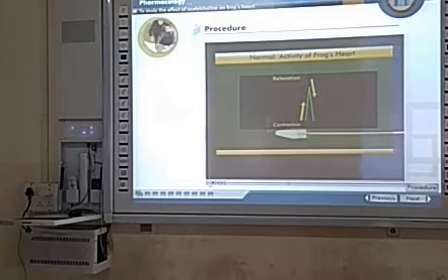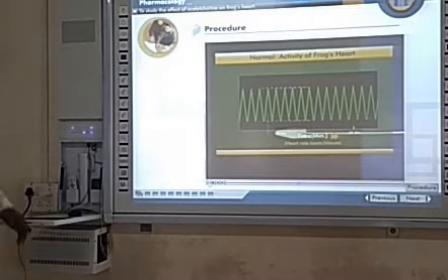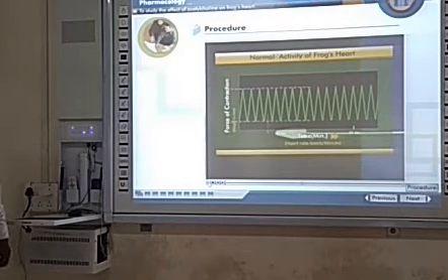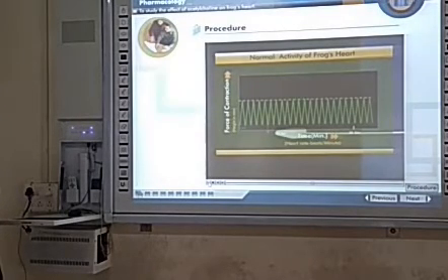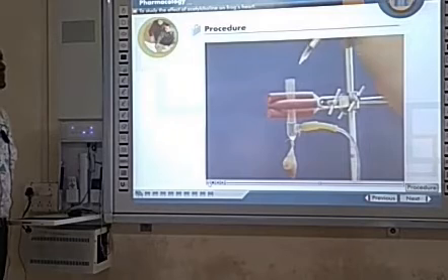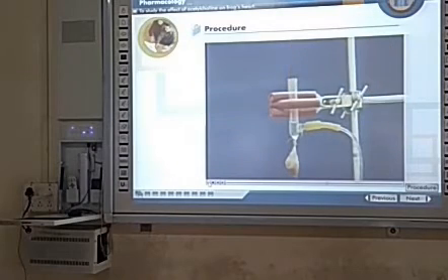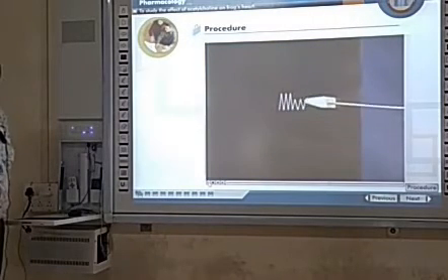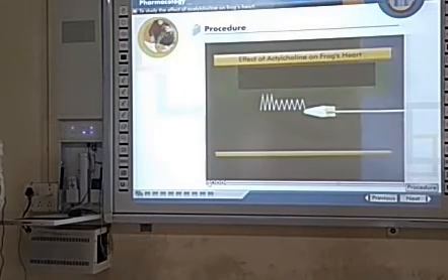In these tracings, the number of peaks per minute indicates the rate of contraction of the heart, whereas the height of a single peak indicates the force of contraction. You can see that all the peaks in the tracing are of the same height and at the same distance. It means contractions are rhythmic and with normal tone. Now, stop the drum and inject 0.1 ml of acetylcholine solution into the cannula. Start the drum immediately and record the response of the heart on the smoked paper for 1 minute again.